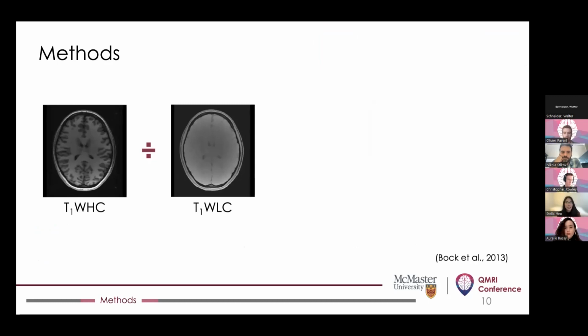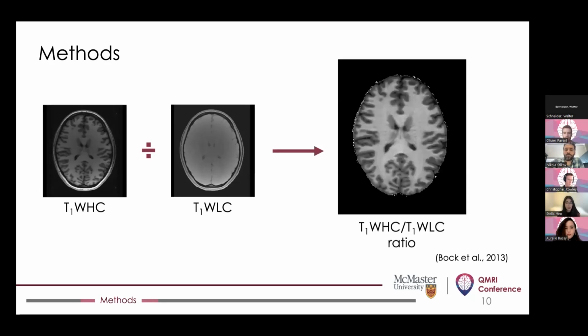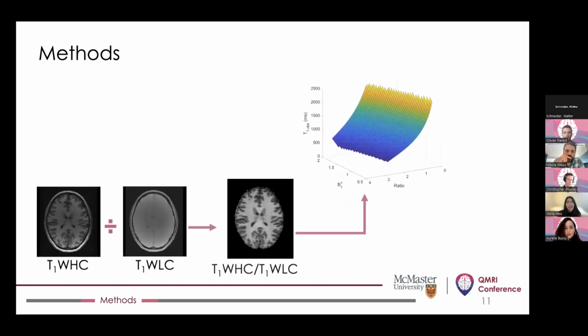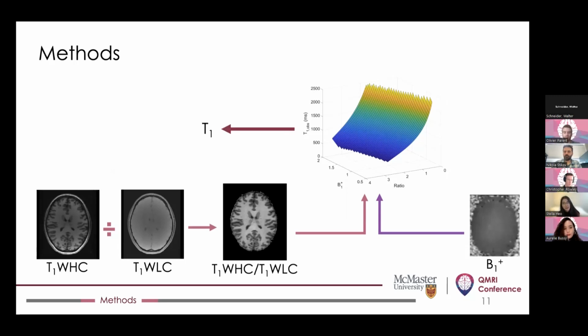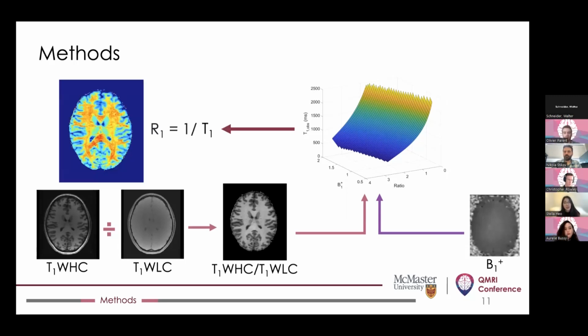Then we went on to find the ratio between the 2 T1 weighted images with different contrasts and got a ratio image like the one shown here that corrected for radio frequency receive field as well as some transmit field biases. And then we used this ratio image to derive T1 estimates using lookup tables created from block simulations modeling different pulse sequences used. And we could also put in the B1 plus maps into this computation to account for any residual field inhomogeneities. So then the resulting T1 estimates were then used to calculate the longitudinal relaxation rate or the R1 maps like the one shown here.